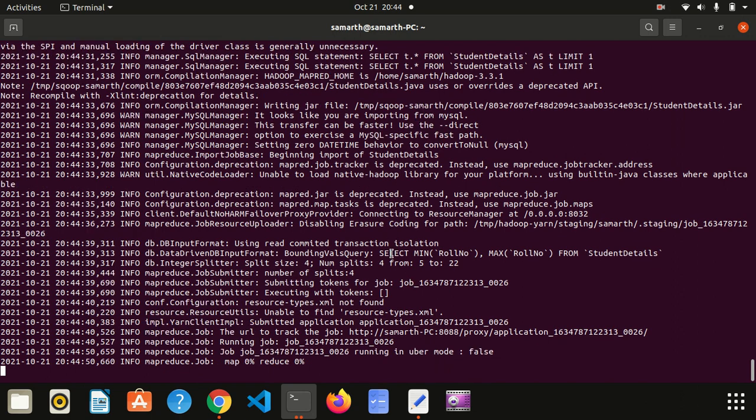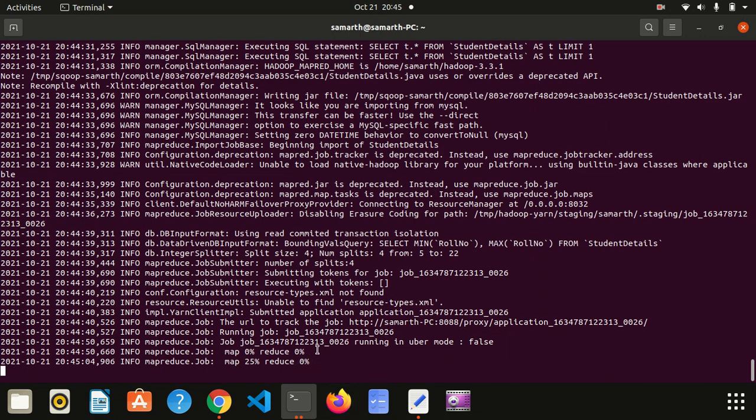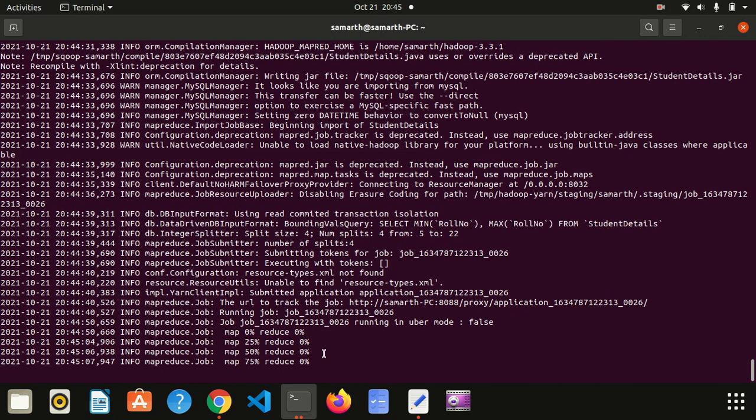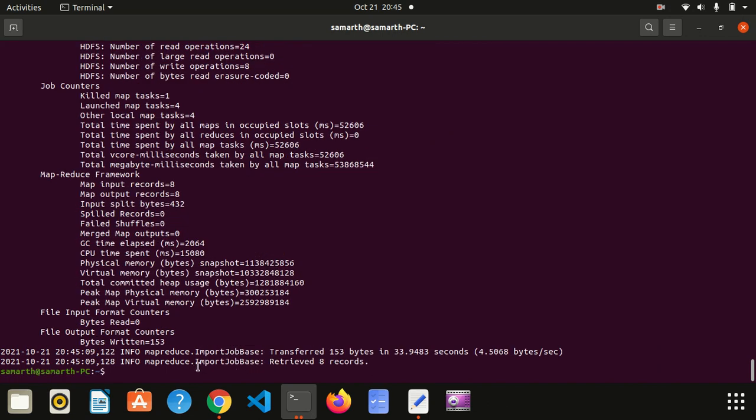When you import any table, it will perform a map task, and for aggregations it would perform a reduce task, but it won't automatically perform the reduce task for aggregation. It has to be written by the developer. You can see it has retrieved 8 records.